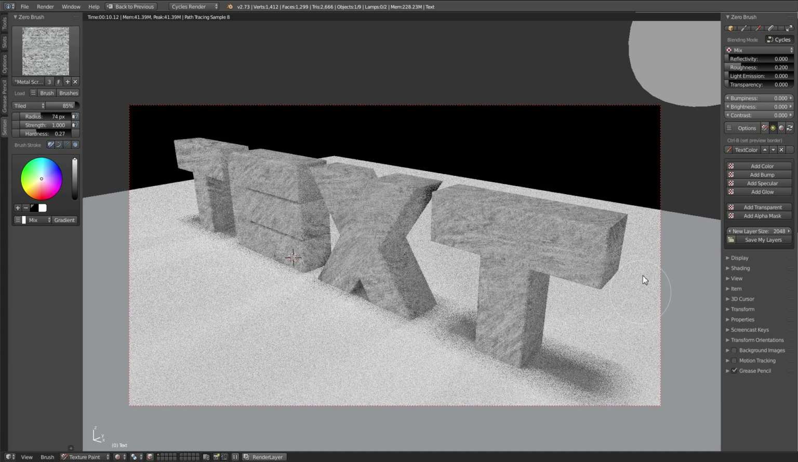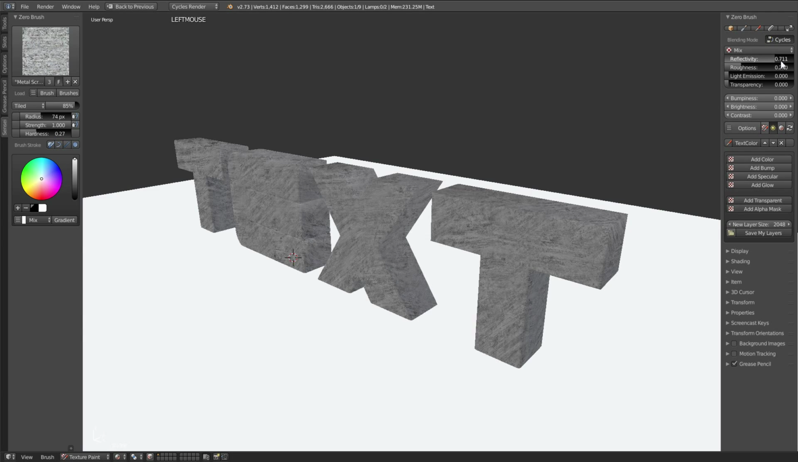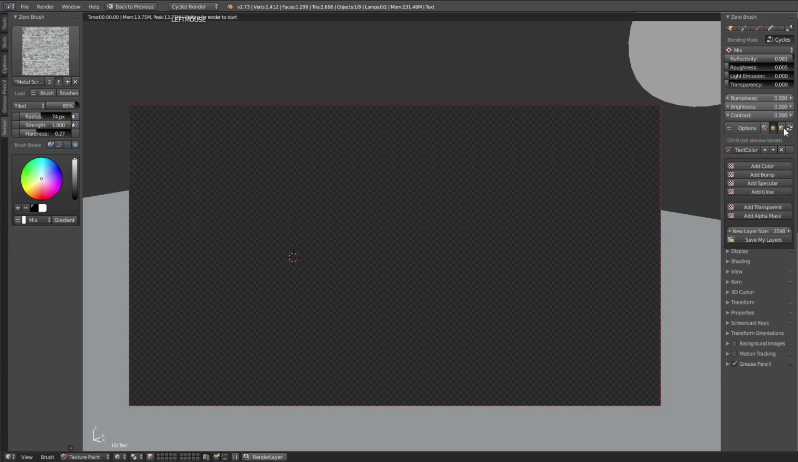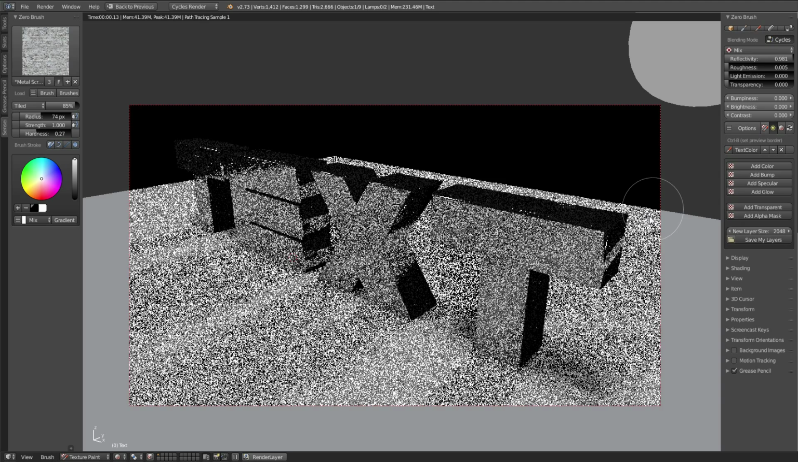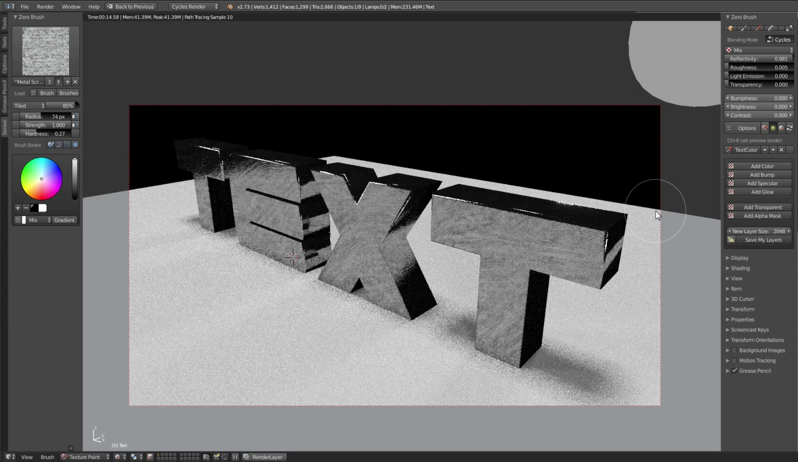And there's my text, but I think I would like to jazz this up a little bit, so I'll press my render preview button, turn that off. I'm going to try to make this look like metal, so I'm going to increase the reflectivity very high, the roughness very low, and let's see how that looks. Looks a little dark, and I think I'd like to get some of those scratches coming out of that metal, so we'll press the render preview button off,